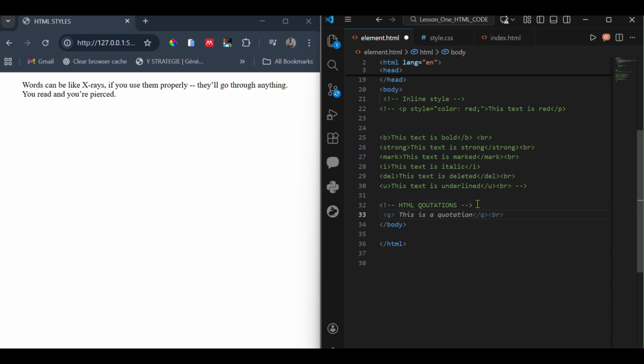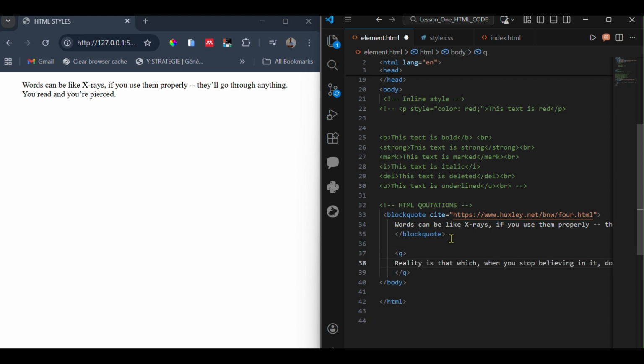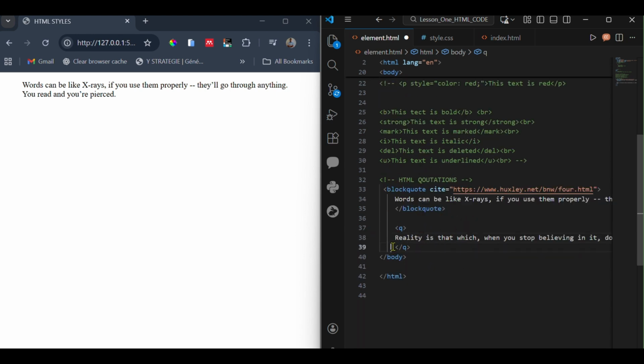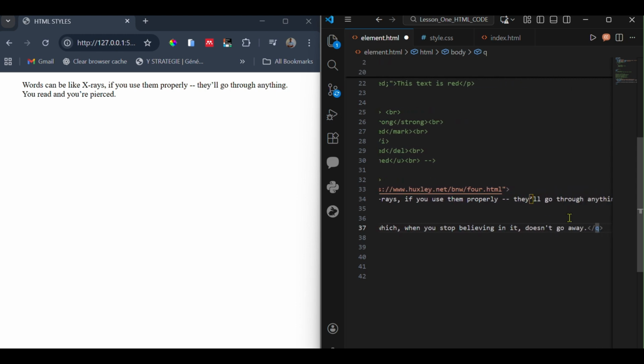But before we start, let's try to comment quickly. HTML quotation. We already have an auto fill that's telling us what we want to do, and we start with the blockquote. So the blockquote, as I've explained earlier, is used in websites like blog websites or news websites for long quotations, unlike the other quotes. So we also have the Q. The Q itself basically is used for short quotations on websites. Also could be news websites, blog websites,